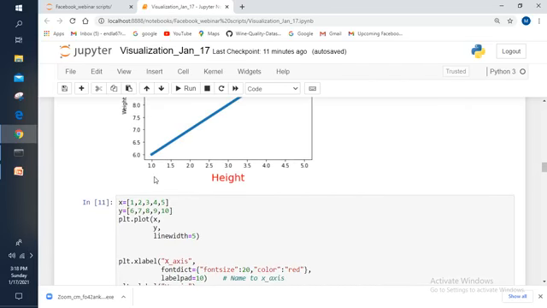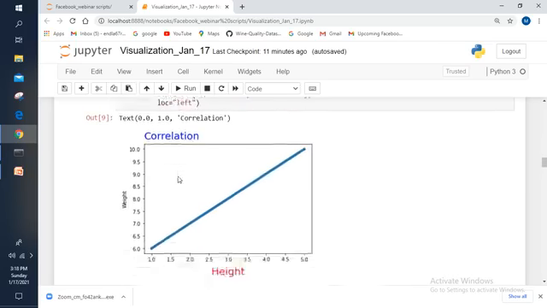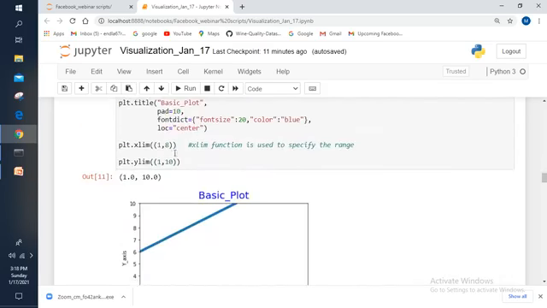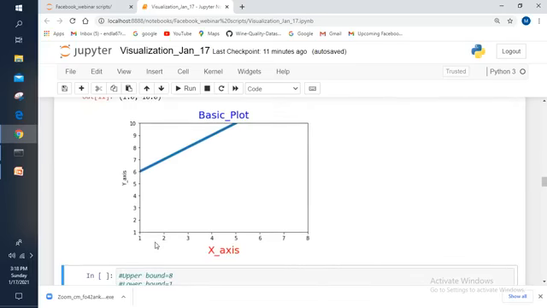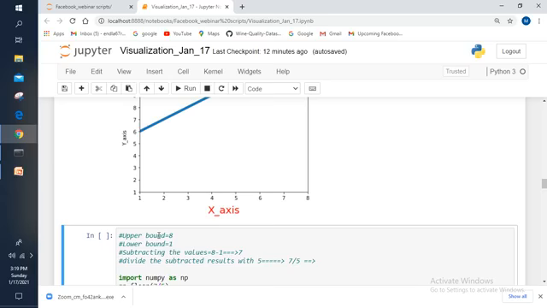In the previous plot the range is 1 to 5, but it took the intervals as 0.5. The difference between this element and this element is 0.5, and between this one and this one the difference is 0.5. How did it take the intervals automatically? You may have that doubt, right? But here, when I specify the range, the interval is 1. How is it taking the interval automatically? Right. Let me clear that doubt for you.